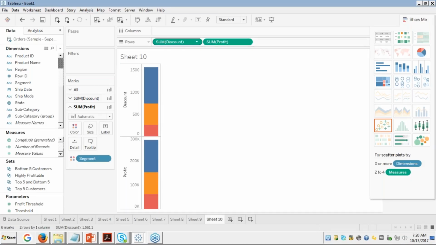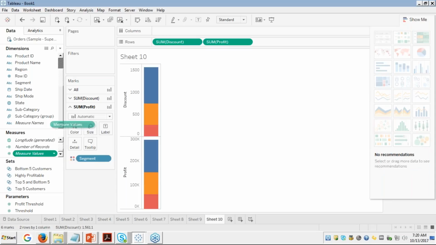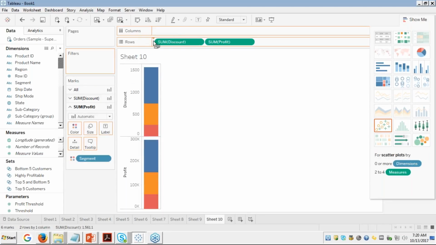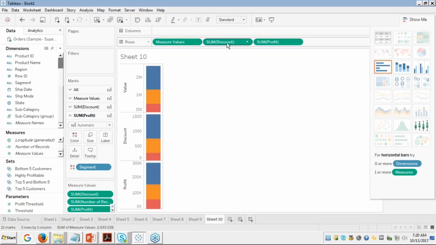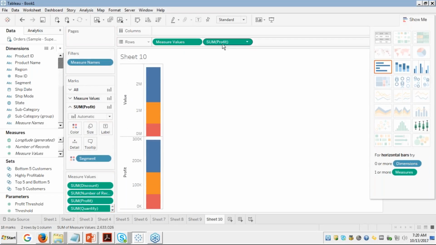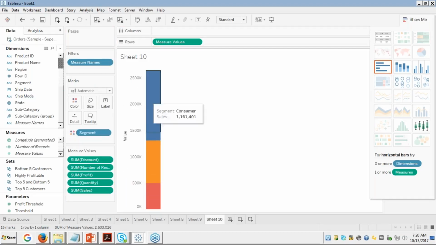Instead, what I would prefer doing is take this measure values and drop it here, so that I can remove sum of discount and sum of profit. And from this measure values, we will remove the others, number of records,